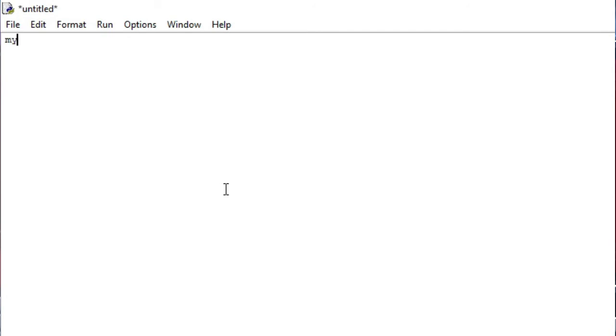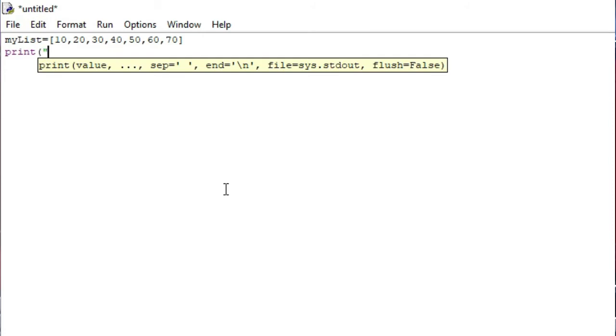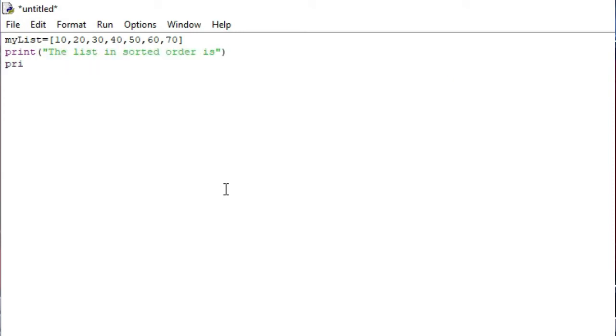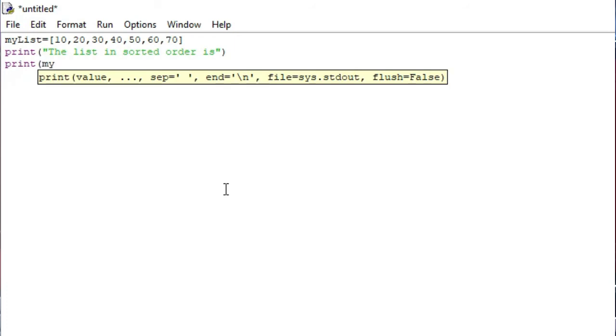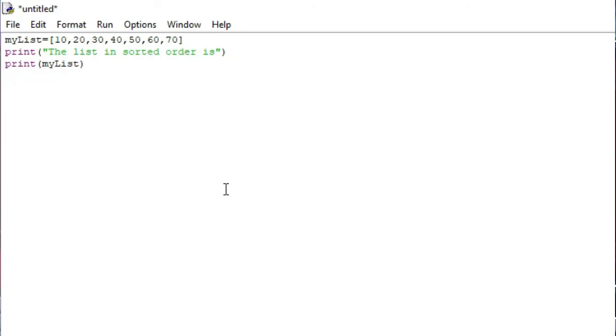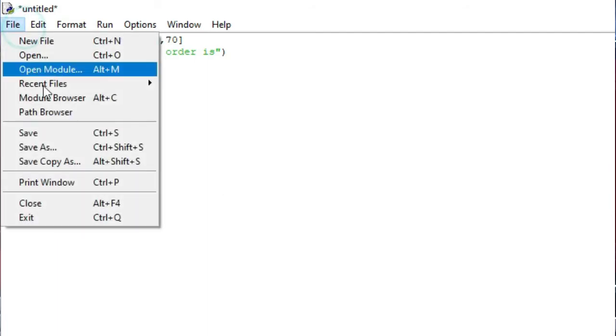In order to start, I am using my list is equal to a list which is already sorted. So I've entered 10, 20, 30, 40, 50, 60 and 70. Let's print this list. The list in printed order is, and then I'm using my list to be printed. Let's save this,